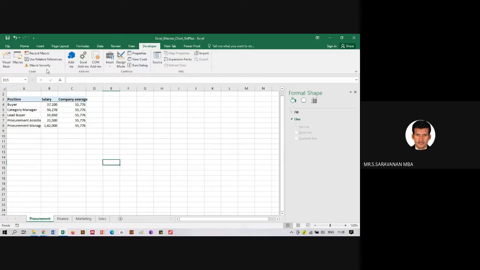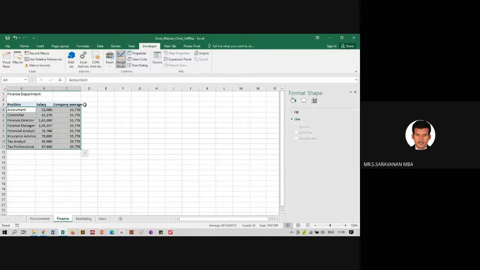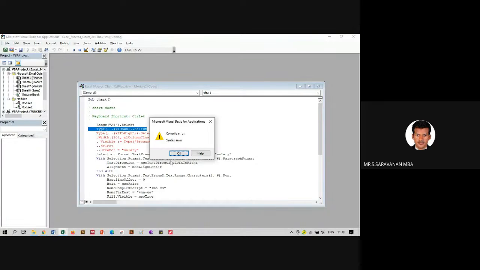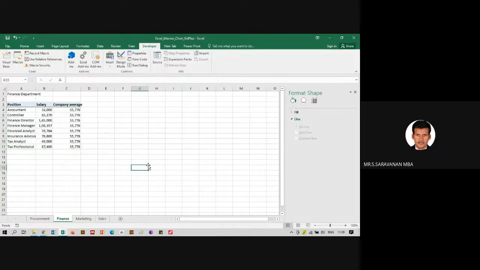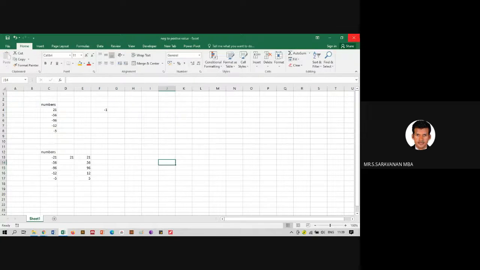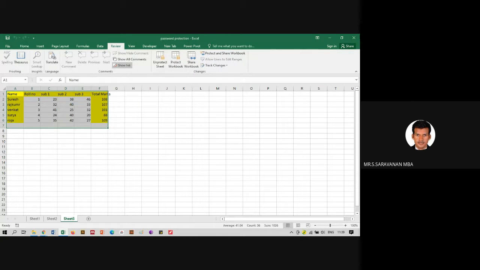See, there are other options also. There is something called design mode also. Macros are a developer option where you can use more references. There is a selection problem, some error. Okay, no problem, leave out this macro. This is the use of a macro. If you have a repeated function, you can go for macros. Okay, and finally, we are going to see a pivot table.